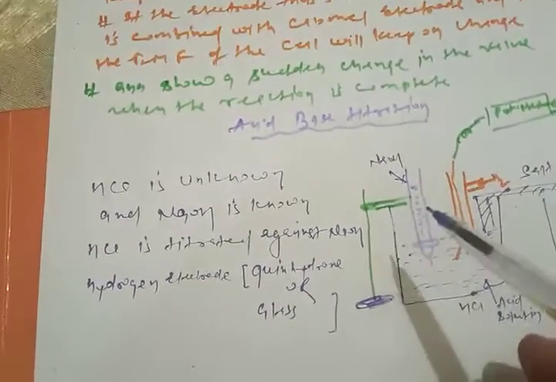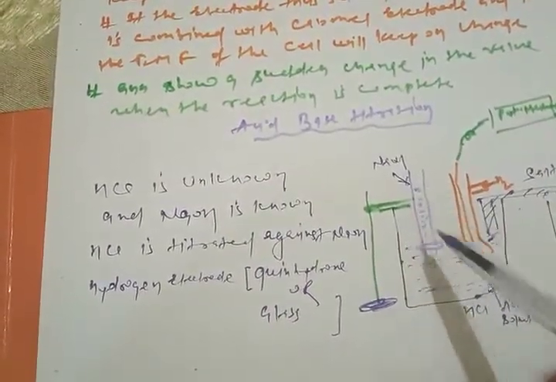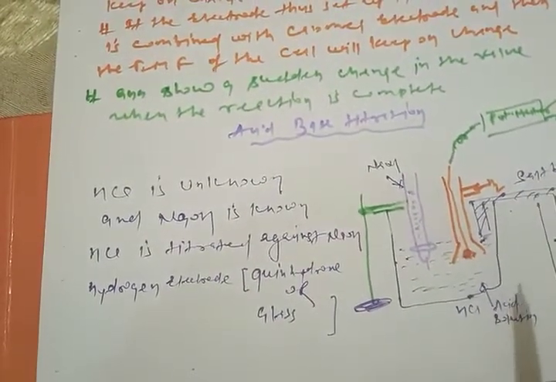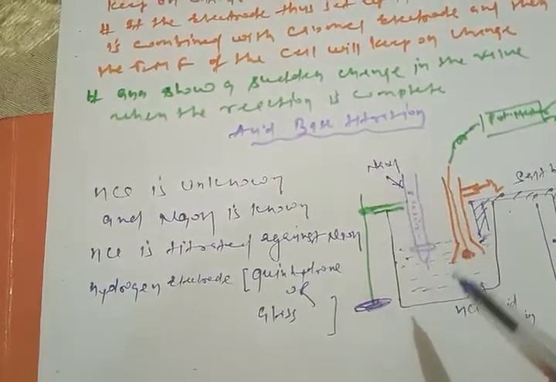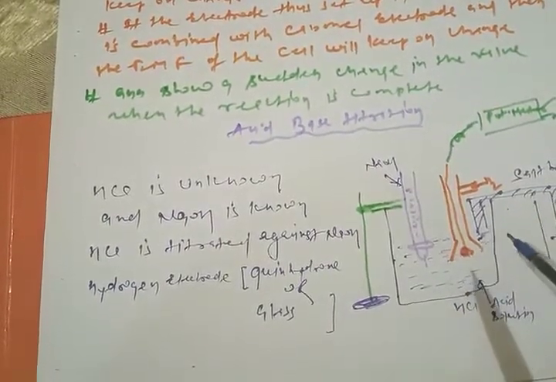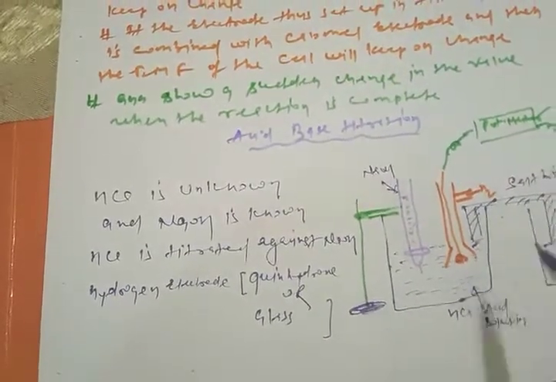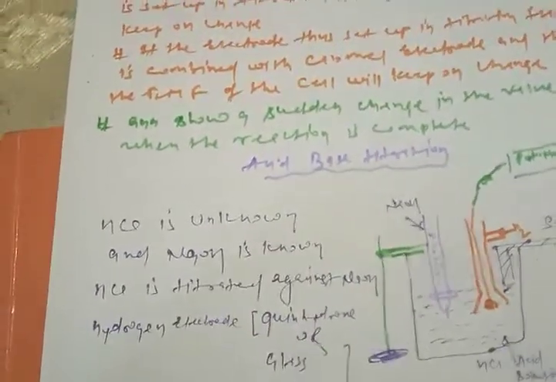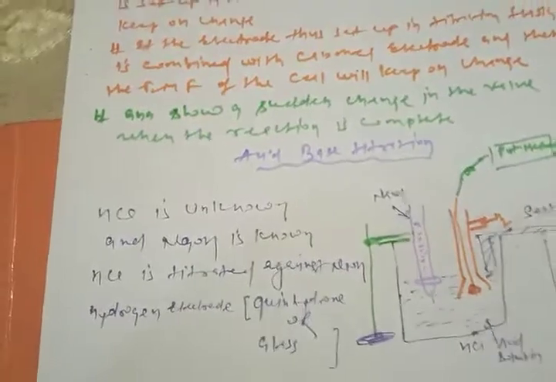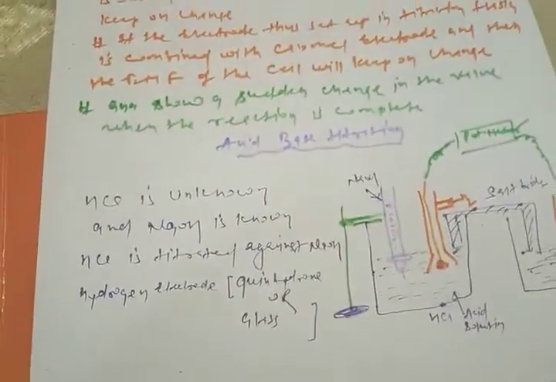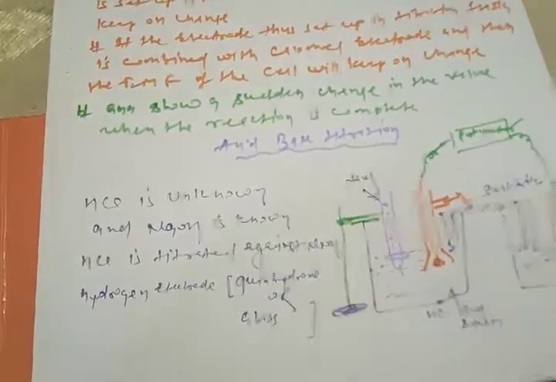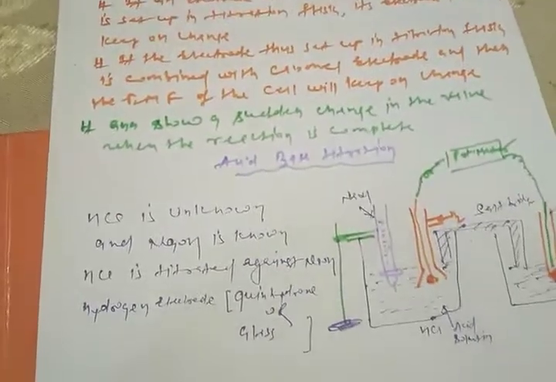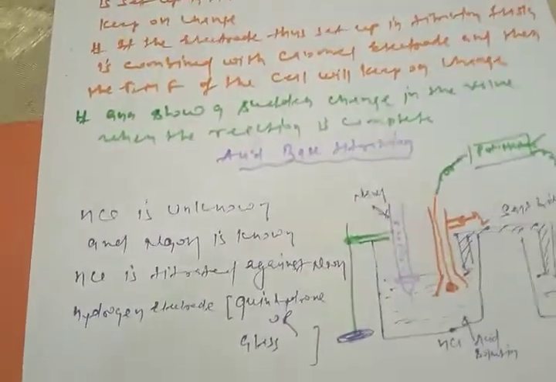Just start the drop-wise addition from the burette. It can be 0.1, 0.2, whatever you want, just go with that value only. Don't add 1 ml first and then 0.5 ml, because you don't know the end point. Better to start with the least value like 0.1 or 0.2 so that no error occurs. Otherwise, if you start with 0.5 ml and the end point comes before that, it will not give you the exact value. So just start with the basics.